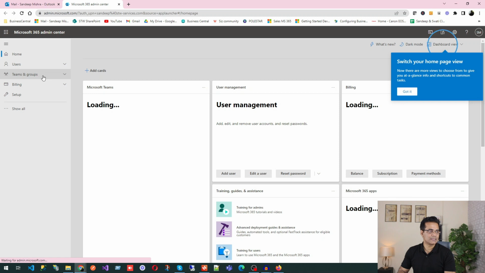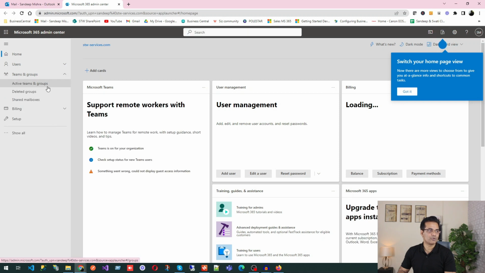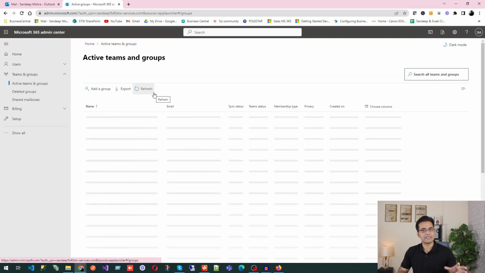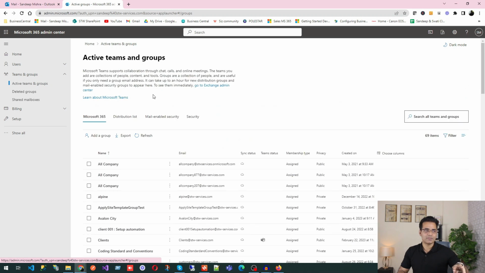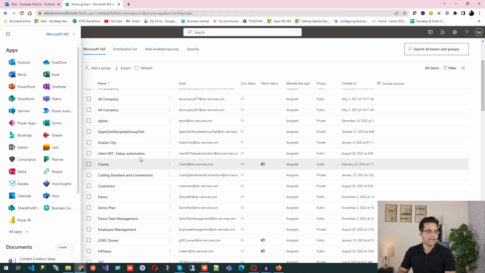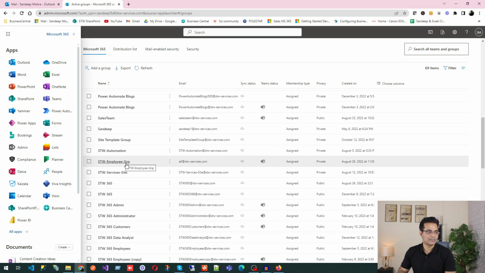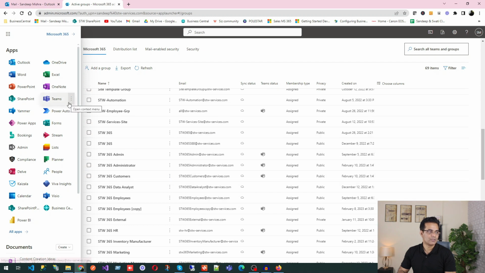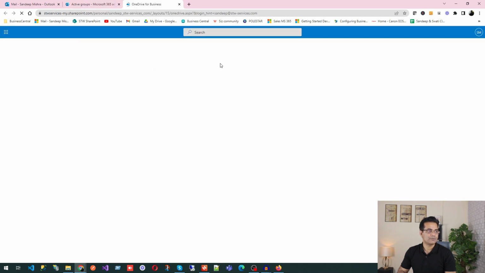and here you can see teams and groups. So there you can create your marketing group, there you can create your sales group, there you can create your whatever team members are in that particular team, you can create a group for those team members. And after that you will go, like I have multiple groups, you can see STW employee, STW automation, STW admin, STW customer. So then you can go in OneDrive